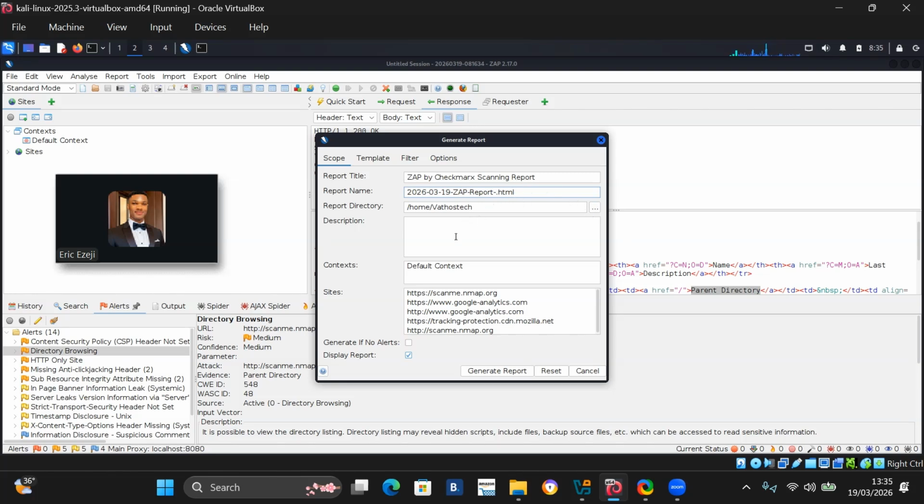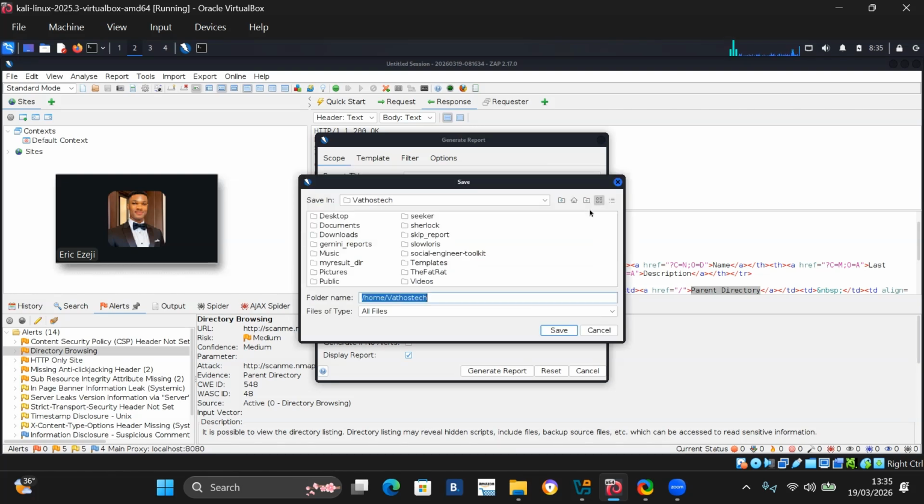What you do from here, you see report title. You can put the title of your report here. You can put the name of this report here. You can change the dates here. Just put the name of your report. And this is a directory where you can save it. You can save it on the desktop,